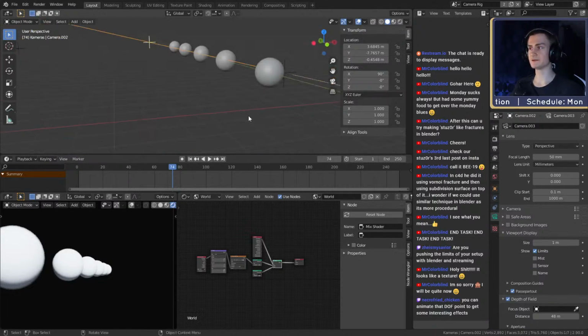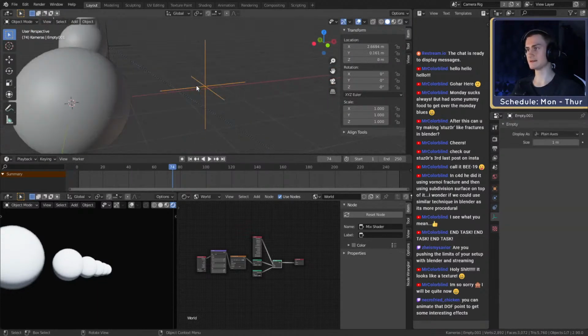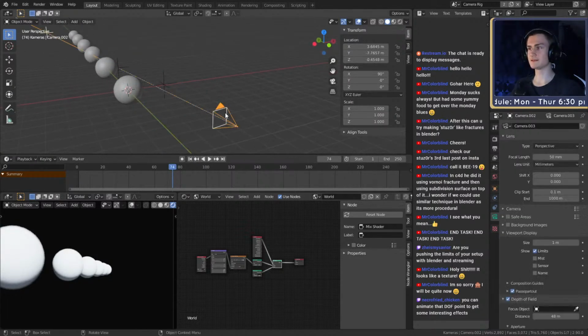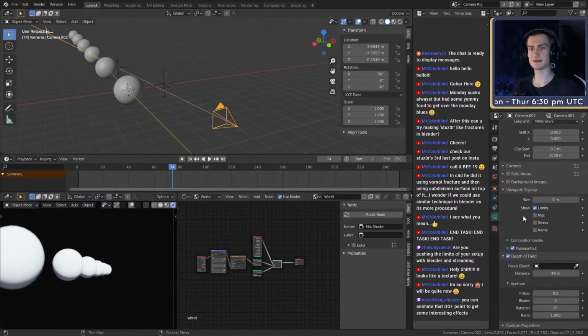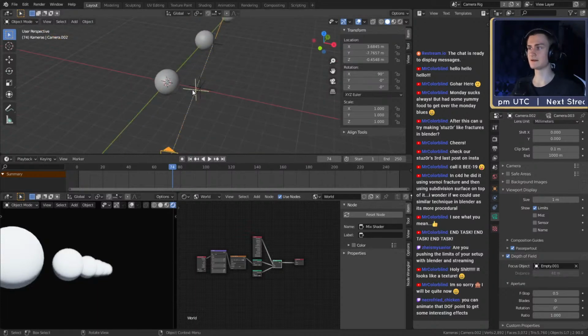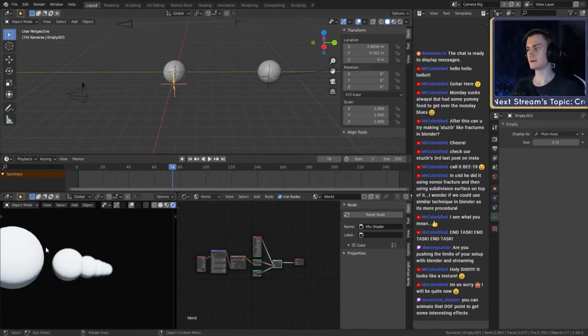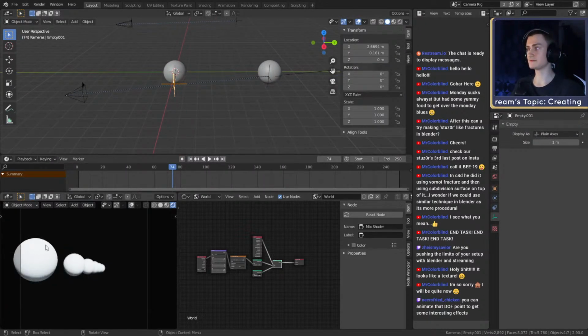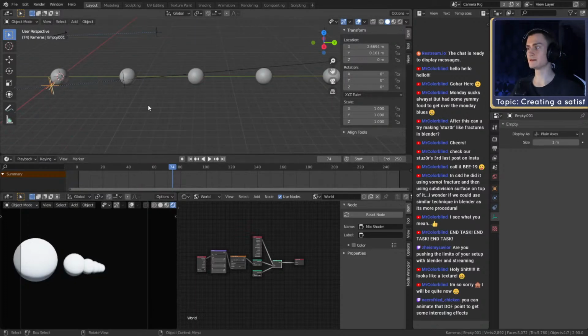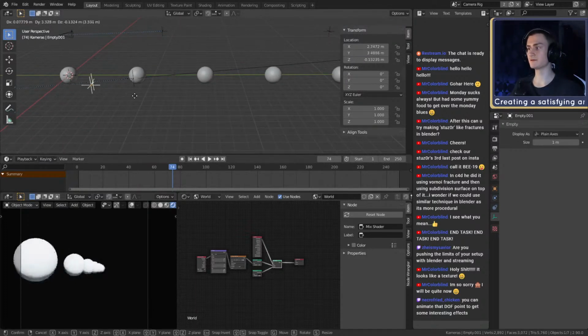You can make this easy on yourself by just using a second empty. We can then go to the camera settings and say focus object, select the second empty. And as you can see, the focus point snaps back to this empty, meaning right now we have this front sphere in focus. Moving this empty back though, we can individually, dynamically say where the focus point should be.